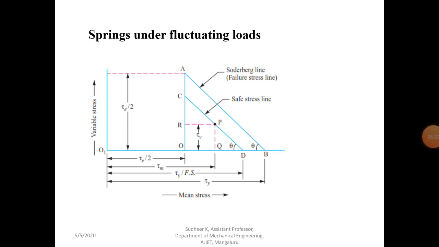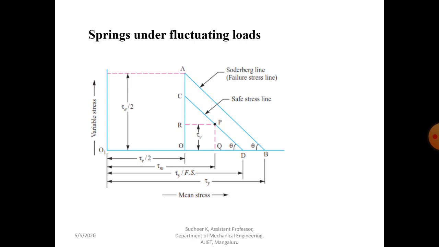There is a basic difference from the rotating beam specimen. What we studied in the fatigue test used a rotating beam specimen, but here we have to use spring wires for fatigue testing. Usually a spring wire is never subjected to completely reversed load. You know what is meant by completely reversed load: the stress changes its magnitude from tension to compression, passing through zero with respect to time.